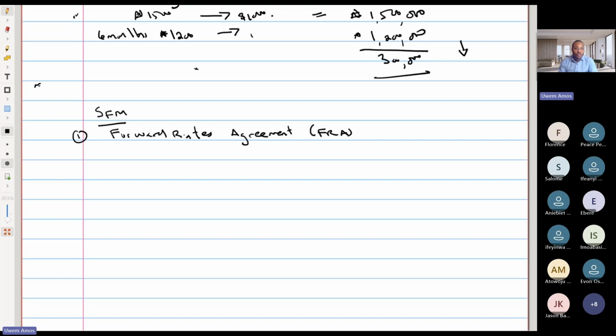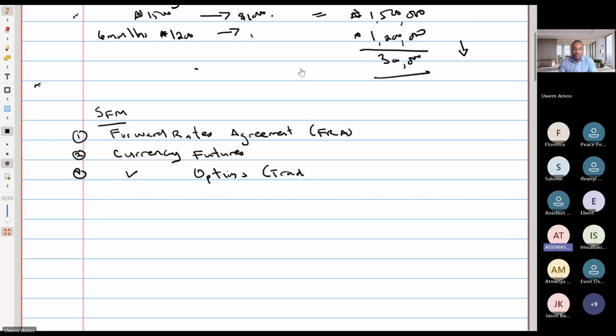You need to know how to protect yourself against adverse movement using futures, currency futures. You need to learn how to protect yourself using currency options, which is also referred to as traded options. As a general term,